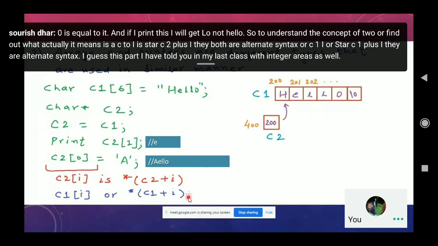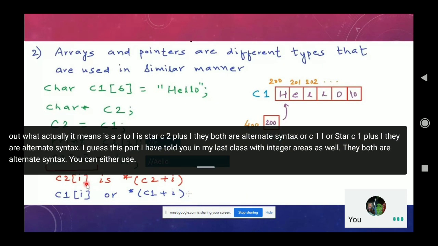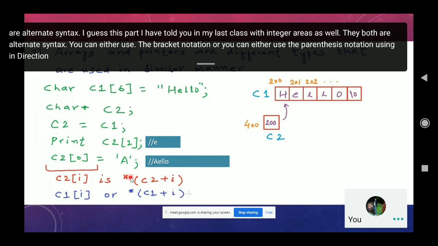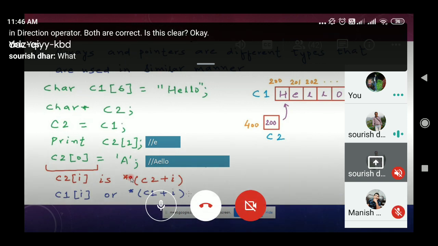You can either use the bracket notation, or you can use the parenthesis notation using the indirection operator. Both are correct. Is this clear? Yes. Okay.